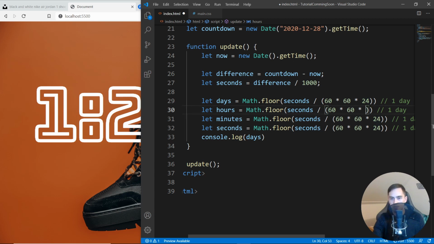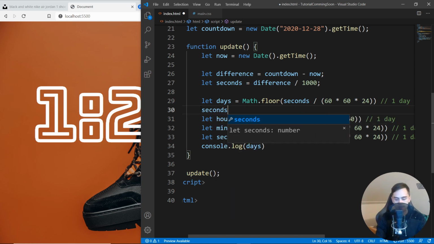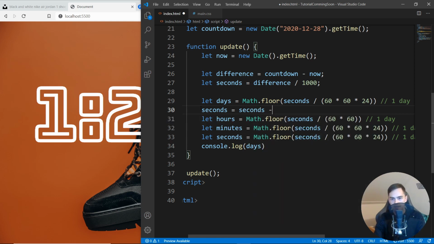For hours, we just need to divide it by 60 times 60, obviously. And then, yeah, each and every time we need to remove it, right? So we can just say in here the seconds will be equal to seconds minus, so you know, we count the number of days and then we need to subtract those days from the seconds, right? So that it makes sense. So we will just use the modulo operation, right? That makes sense. So modulo